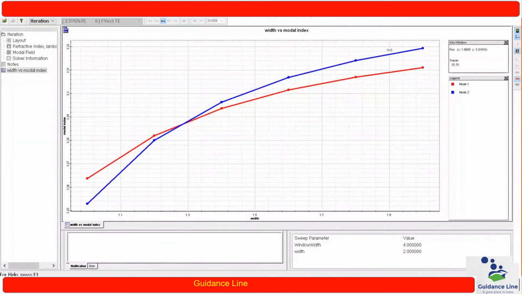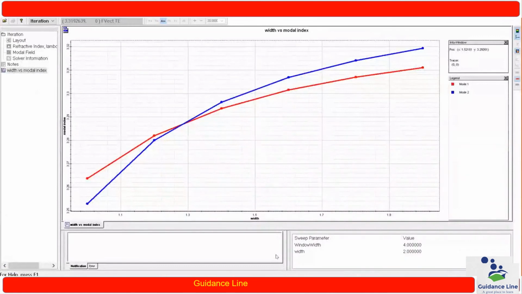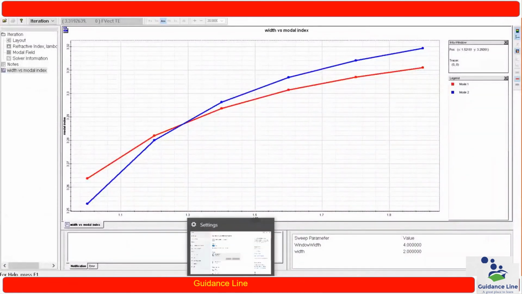As we have seen in this particular graph, the behavior is almost the same. Since we have used only a 6 iteration count, that's why the curve is not very smooth. If you increase the number of iterations, then you will get a very clear curve. Okay, so this is the behavior we have replicated over here.